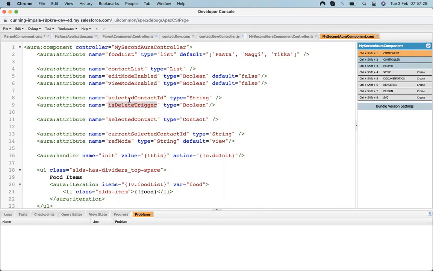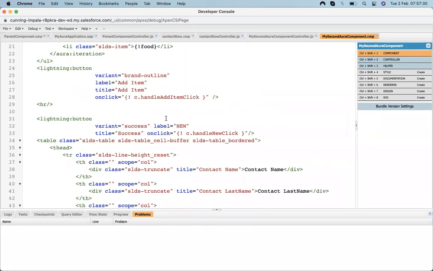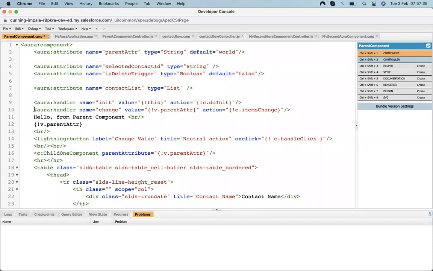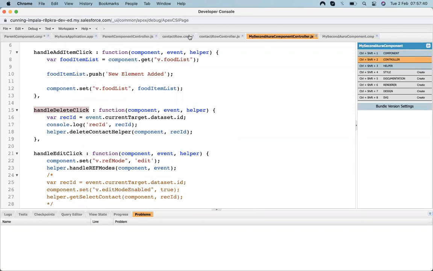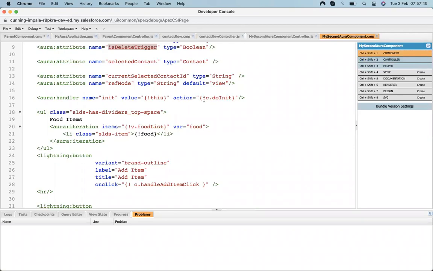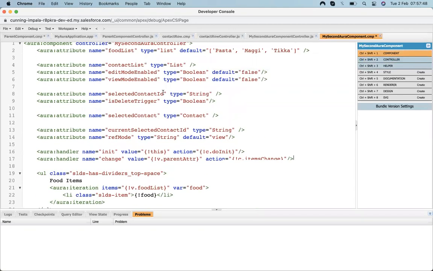We declare the same variables up here, and put a handler that will track the changes of that delete trigger, whether delete is triggering or not. The handler's change value is delete trigger, and the change action is delete. Let's create a method with this.